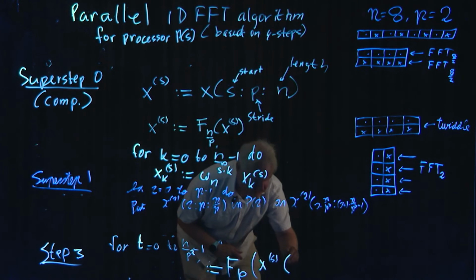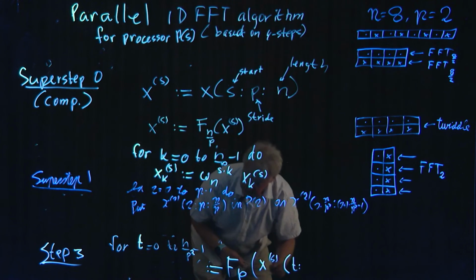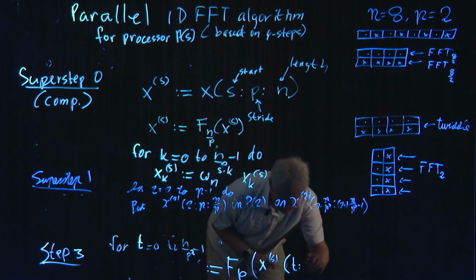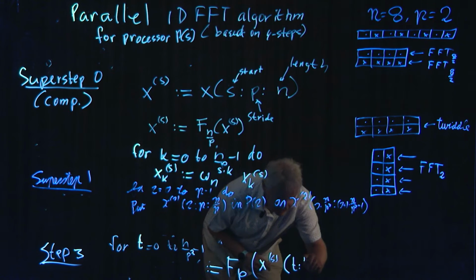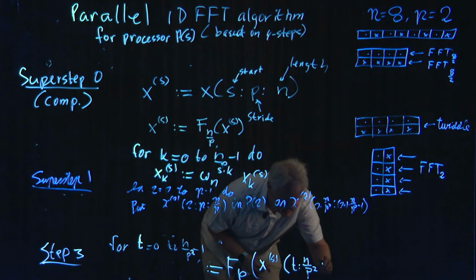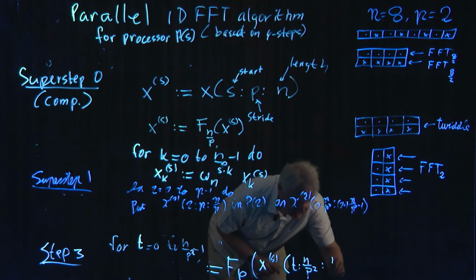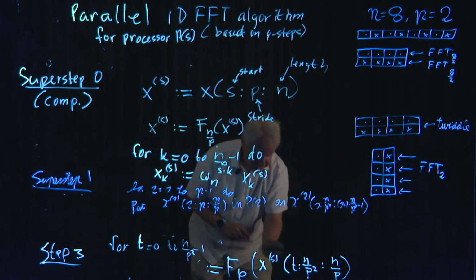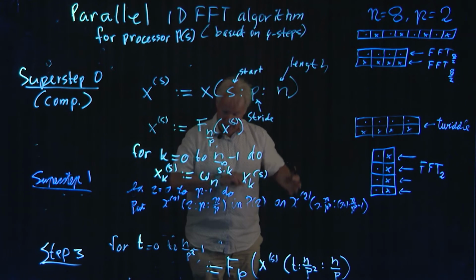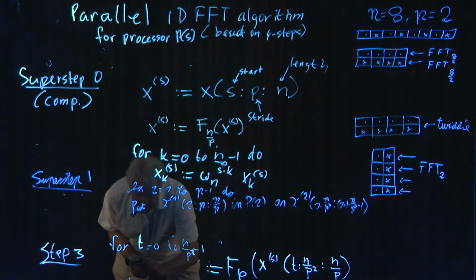We start at t, then we have a stride of n over p squared, and the length of what we have locally is n over p. So this is the Fourier transform, and we put it in the same place,